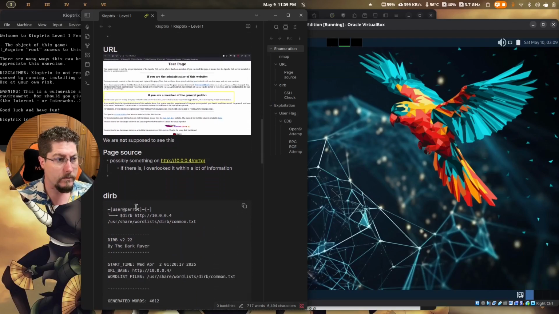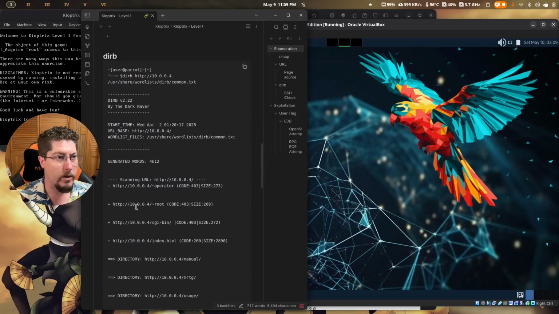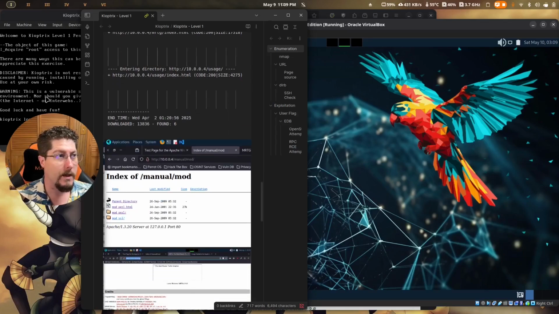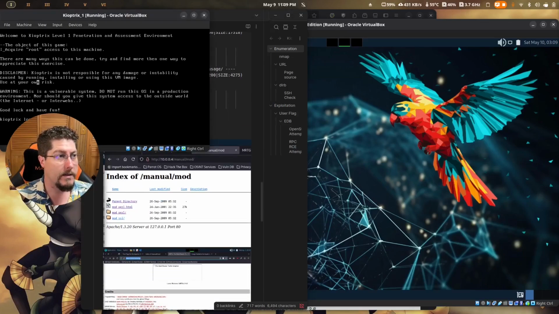Didn't see so much on the web page at a first round check, but I'm sure that there's plenty because, again, this says there are many ways to hack Kioptrix. So we're gonna fast track the rest of this video, going off the first walkthrough that I found, which is exploiting a Samba vulnerability. So we're about to get how to detect that and exploit it. So without further ado,